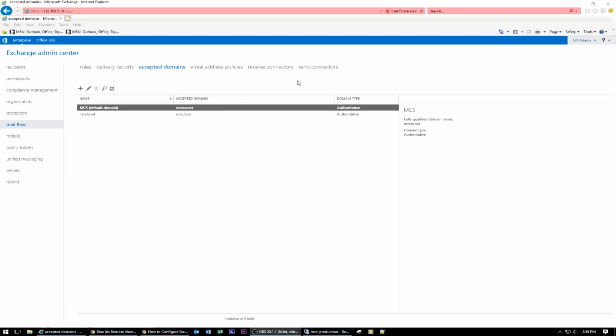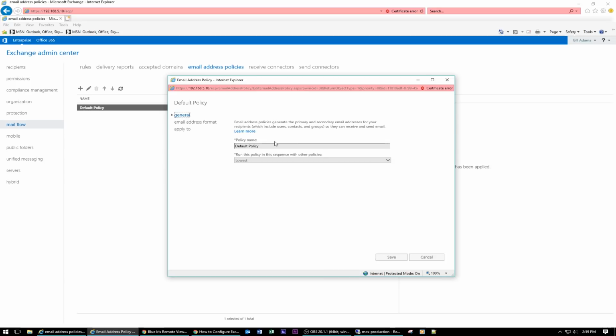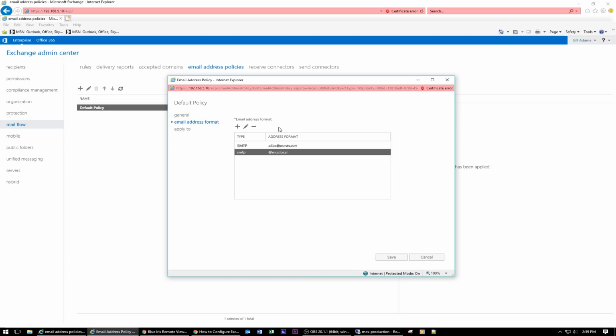Alright, so the next thing we need to do is create an email address policy. And I've already done that. As you can see over here, all the stuff is down here. I'm going to go ahead and edit this and show you what entries I made. So this is the default policy. It has the lowest priority, that was set automatically. And the email address policy is